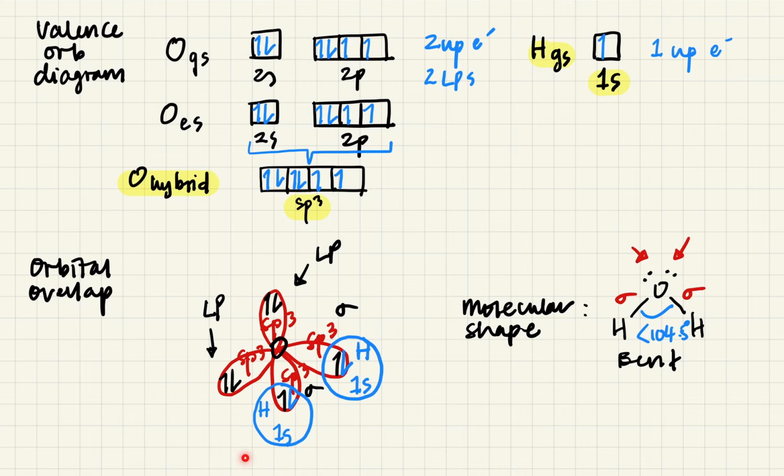Your water molecule will have a bent shape. So this orbital overlap shows the bonding in your water molecule. How the sigma covalent bond here is formed and this one sigma covalent bond is formed. How is it formed? Alright? Okay, second example, then